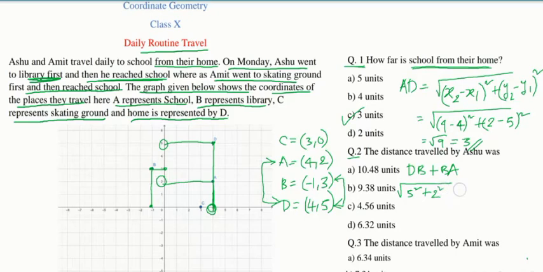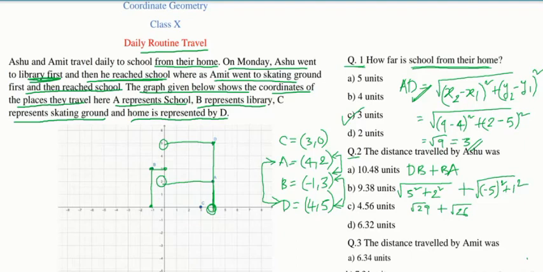2 square. Plus now I am applying BA. These 2 points you have to consider and apply the distance formula. I wrote the distance formula above here. Same thing you apply. So minus 1 minus 4, so minus 5 you will get, minus 5 whole square plus 3 minus 2 is 1 square. So this is 25 plus 1, 26 coming. So root 29 plus root 26.